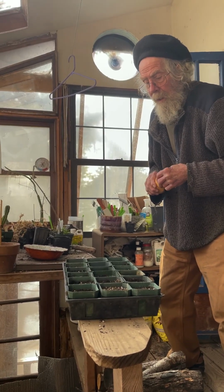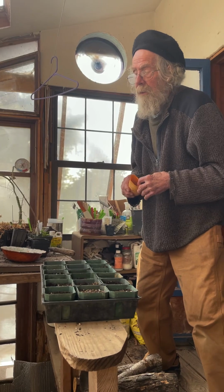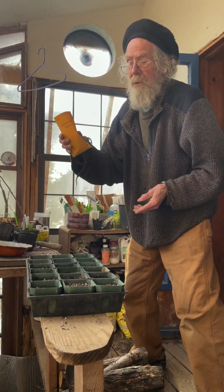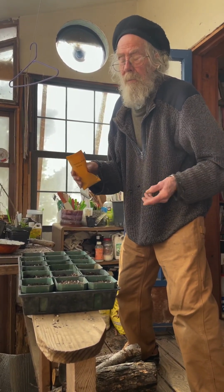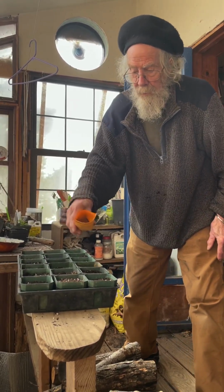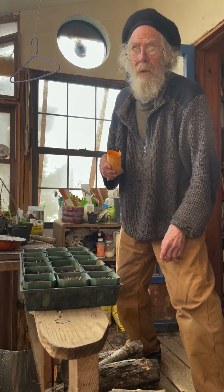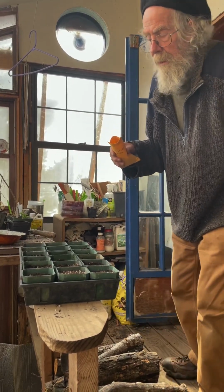And if you don't know whether something requires what's called stratification, there's a couple ways we could do it. You could just mix the seeds with sand and put it in the ice box for a month. Or alternatively, you could just plant the seed in pots like we're going to do and just expose those to the weather so that they're going to get a month of, I think it wants to be below 40 degrees,